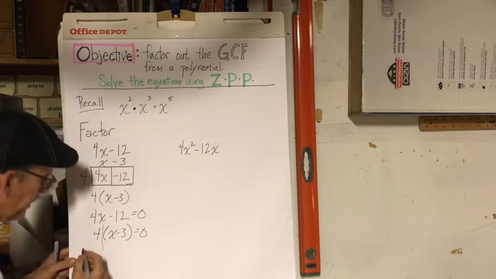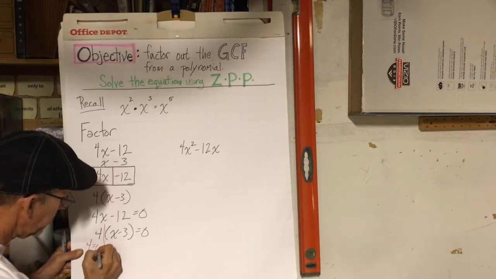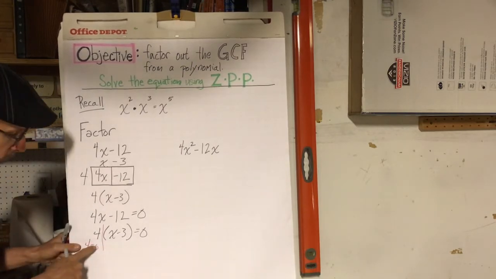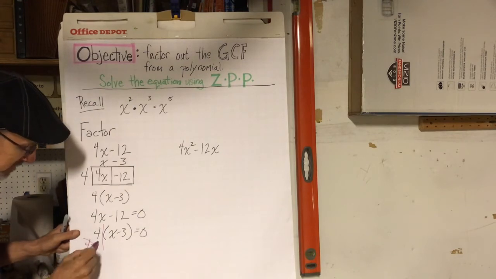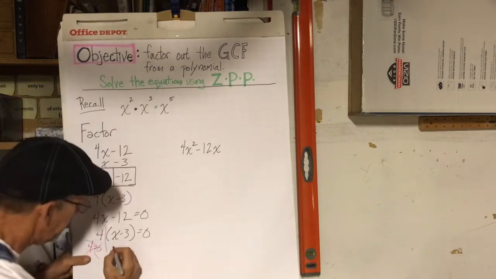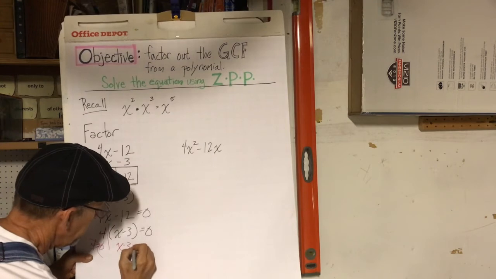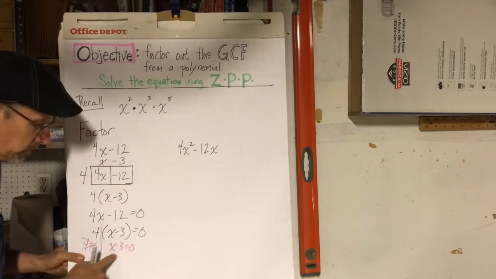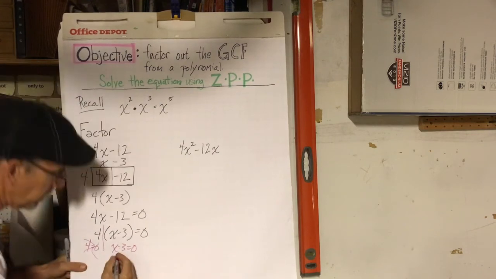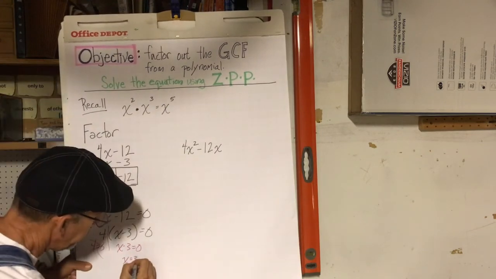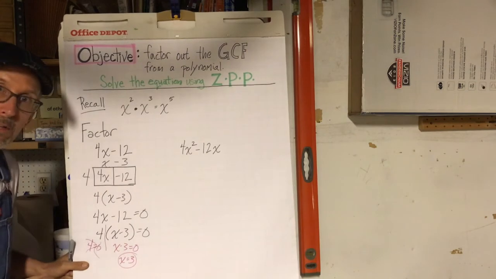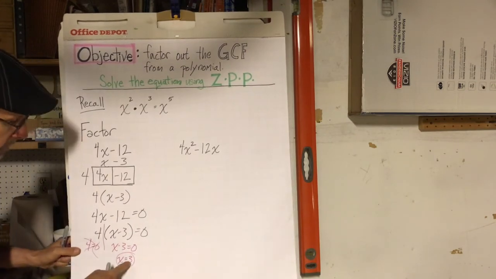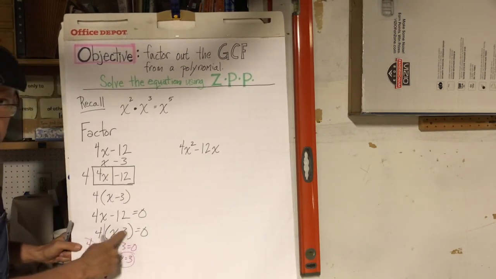And so I have two little things I'm setting up here. 4 equals 0, which is kind of ridiculous, right? That doesn't make any sense. But if I set this piece, x minus 3 equals 0, I can solve this, right? Add 3 to both sides. X equals 3. There's my solution, which makes sense because when I plug it back in here, 3 minus 3